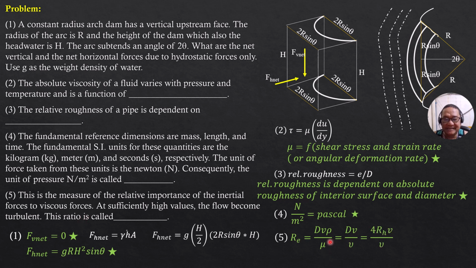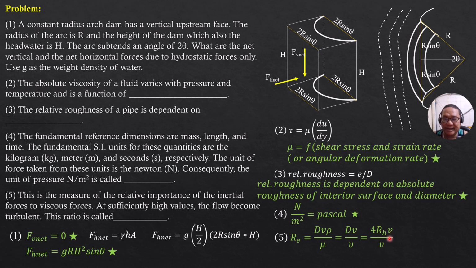Or if we rearrange, diameter times mean velocity over mu divided by density. Mu over density is kinematic viscosity. The denominator here is the kinematic viscosity. And in open channel flow or for conduits with non-circular sections, we replace the diameter by the hydraulic diameter, which is 4 times the hydraulic radius. Again, 4 times the hydraulic radius is called hydraulic diameter, times mean velocity of flow divided by kinematic viscosity. So don't be confused. The denominator is kinematic viscosity.